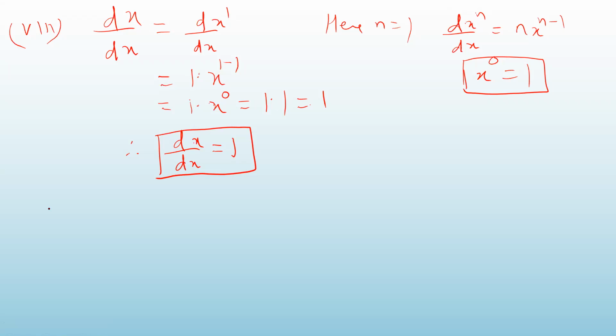Now let us see the second formula. Second formula: derivative of e to the power x is the same as e to the power x. Now you may be wondering what this e is. e is an irrational number. It is like pi. You might have heard about pi in school. The approximate value of pi is 22 upon 7, that is 3.14, something like that. We denote that number by pi.